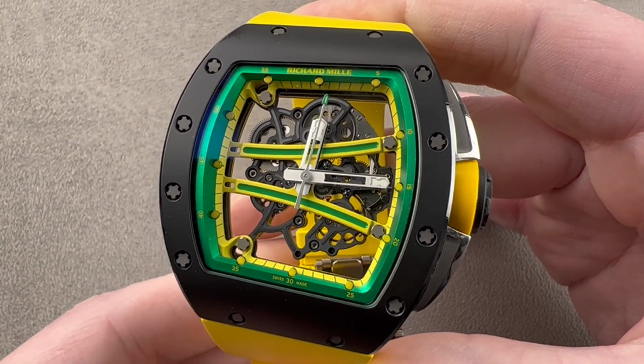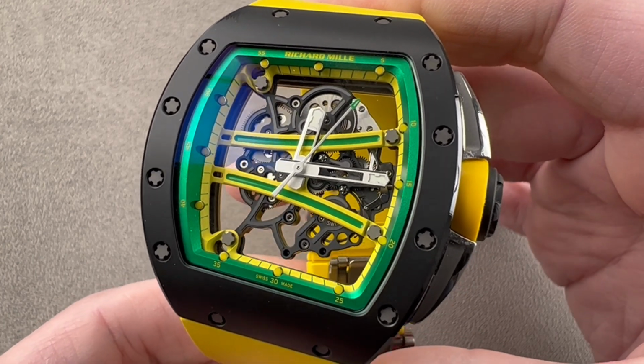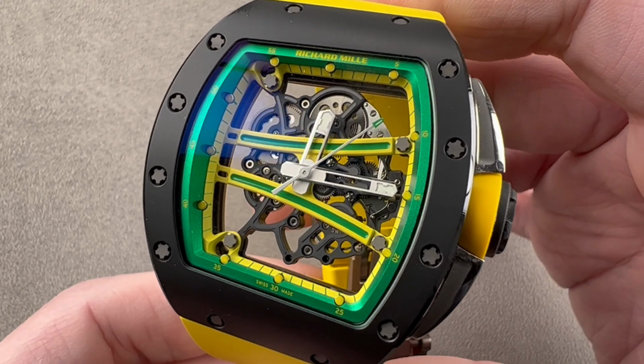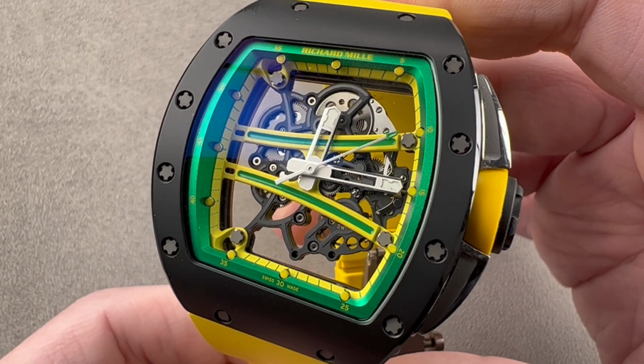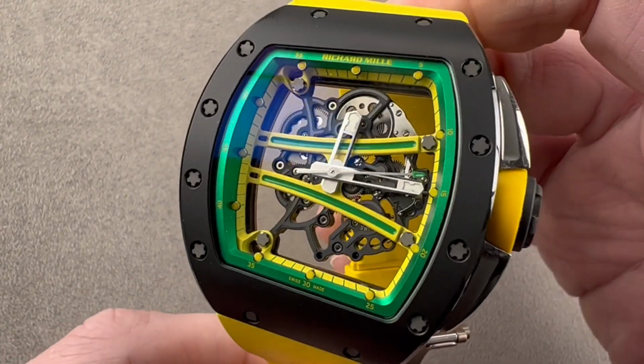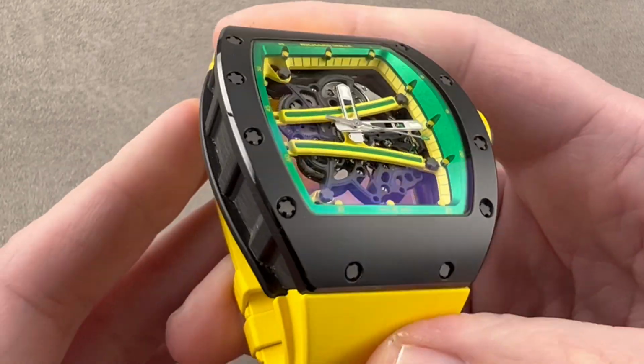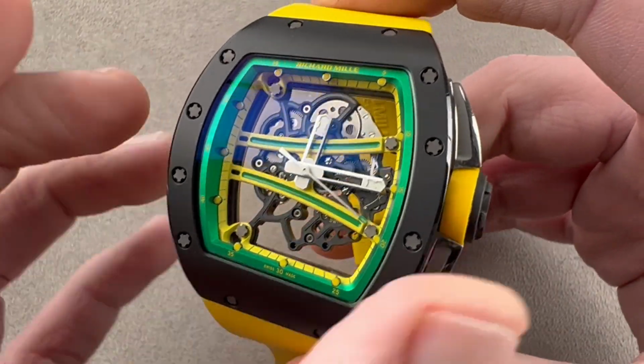Today, we are talking about a model launched in 2014. This is the Richard Mille RM61-01 Yohan Blake. The watch is named after Jamaican sprinter and Olympian Yohan Blake. It is a combination of titanium, sapphire, ceramic, and carbon. We're going to take a quick look at this watch on my wrist, but first the